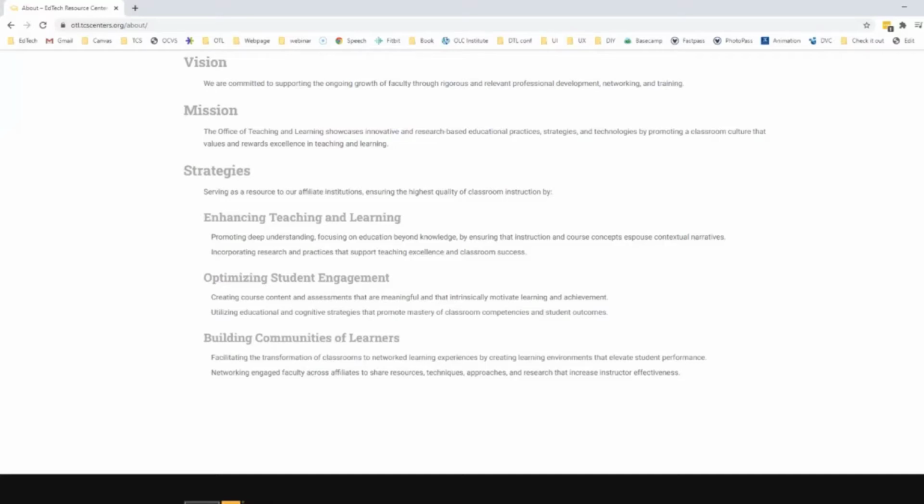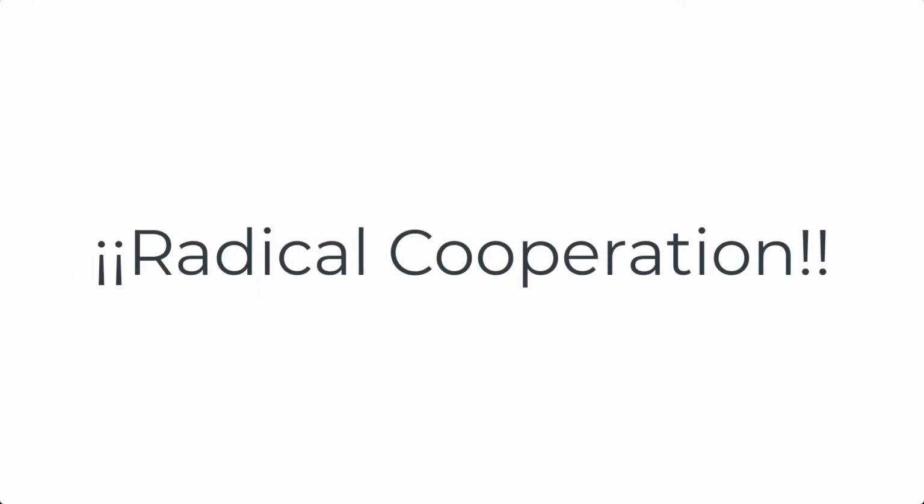And so I really hope that this resource center will be an active place for us, that we can come together, we can collaborate, especially between departments and with people from institutions that are not your own, so that Saybrook can be talking to the Chicago School, and that Pacific Oaks can be sharing ideas with colleges of law and KHSC, and that we can really form that radical cooperation, which is what we talk about.